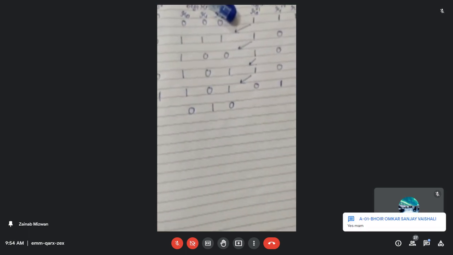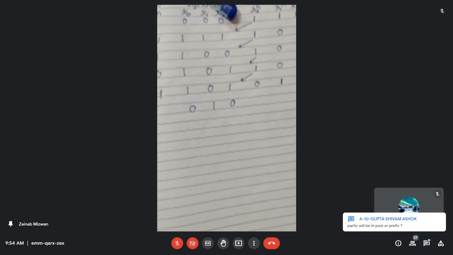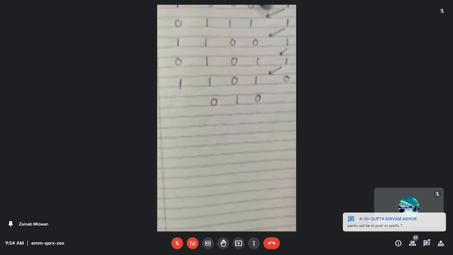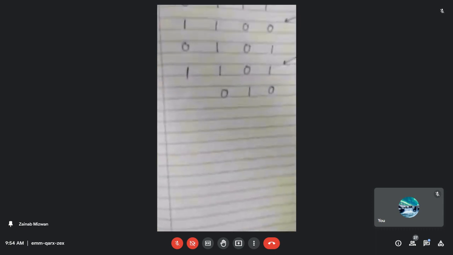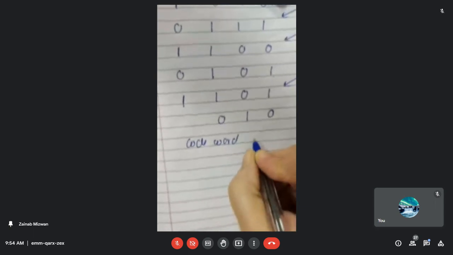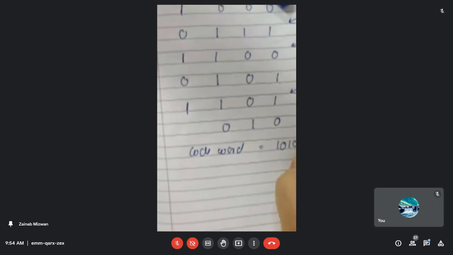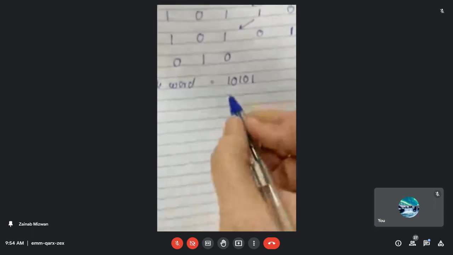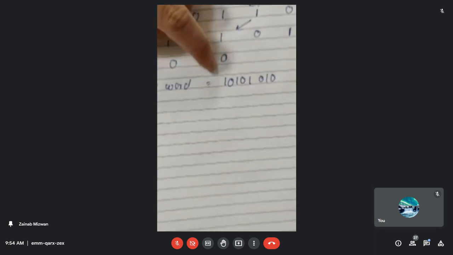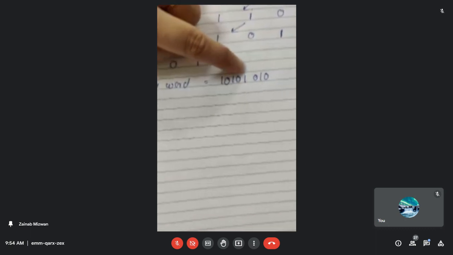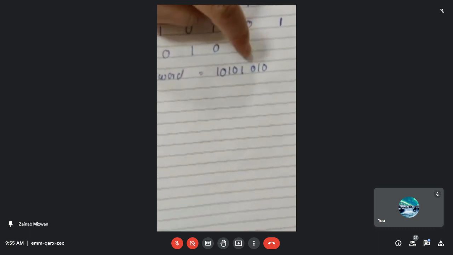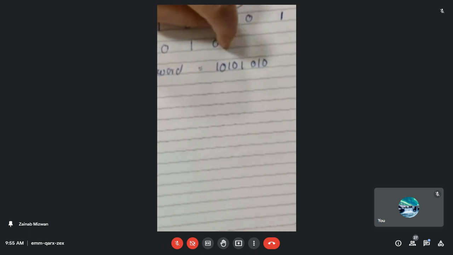So I hope everybody has become familiar with the encoder. We can design the encoder very well. Parity bits will always come in the postfix. So when you're going to write the code word over here, the code word will turn out to be 10101010. This is your message bit, that is the 10101, and this is the 010, that is the parity bits which we have found out. In this way you need to find the code word. The parity bits will always be in the post and not the prefix.